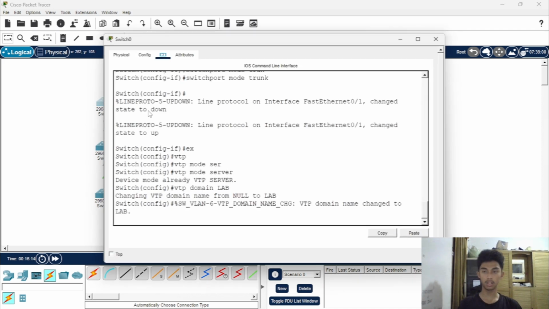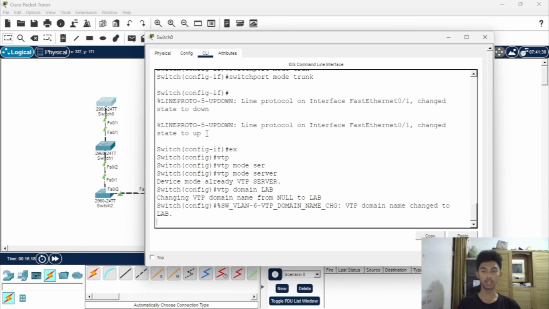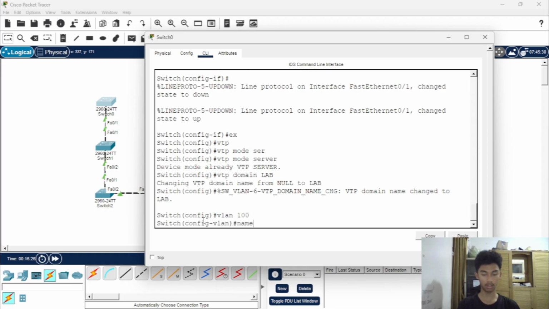Then we add some VLANs in the first switch because the first switch is in server mode. Okay, go to VLAN 100 and then name is VLAN 100.